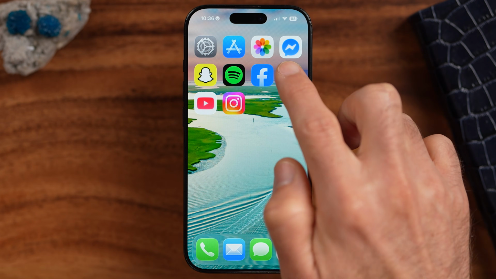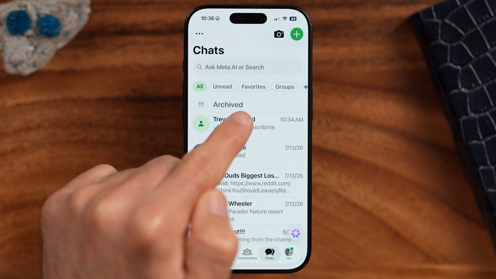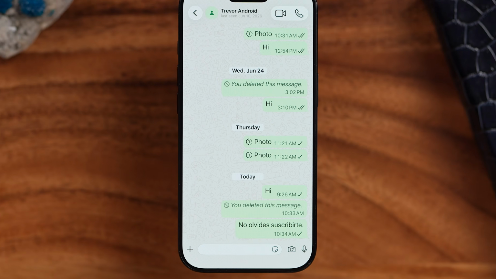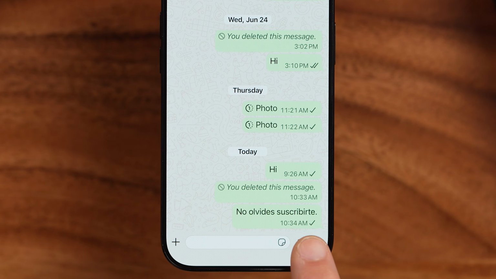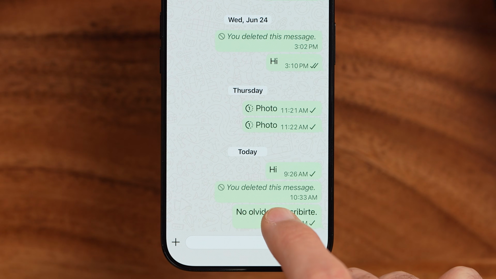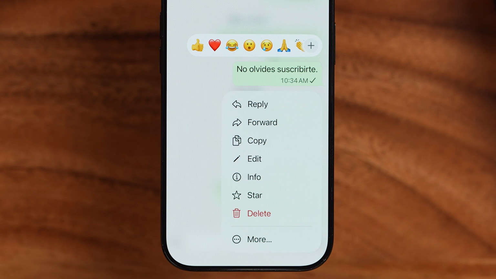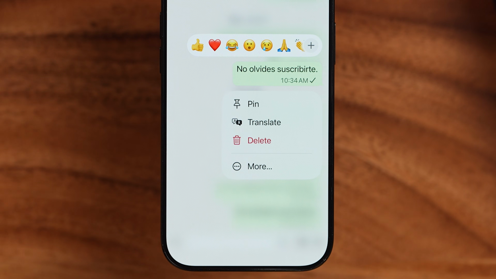After you've done that, let's open up the app and then tap on the conversation. Now here you can see a little message that is in Spanish and I want to translate this to English. To do that, press and hold on the message and then at the bottom tap on more